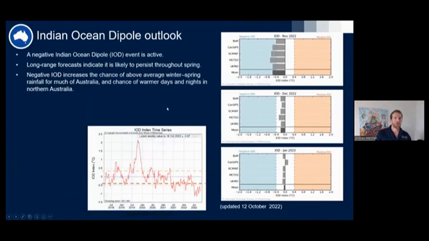Moving on to the Indian Ocean Dipole. So the IOD in its negative phase is currently active. That has been active for a few months now. Around August, I think it was declared as a negative IOD. And what we're seeing in the models is that this is likely to persist through the spring, so into November,